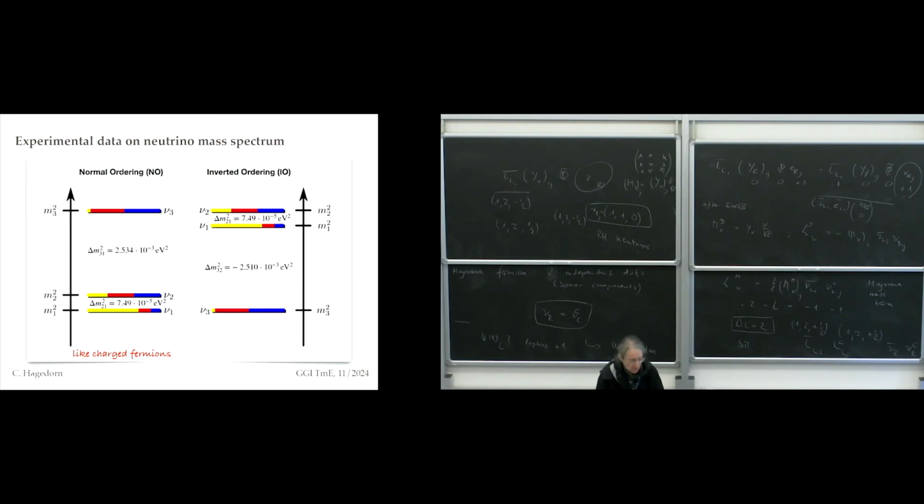But for the moment, I just wanted to set the stage by first having the experimental evidence for the number of generations, the numbers for the masses, and the important difference between neutrinos being Dirac or Majorana, and the type of mass terms we have. These are the two things you should keep in mind: either you have this type of mass term, which is Dirac, or this type of mass term, which is Majorana.